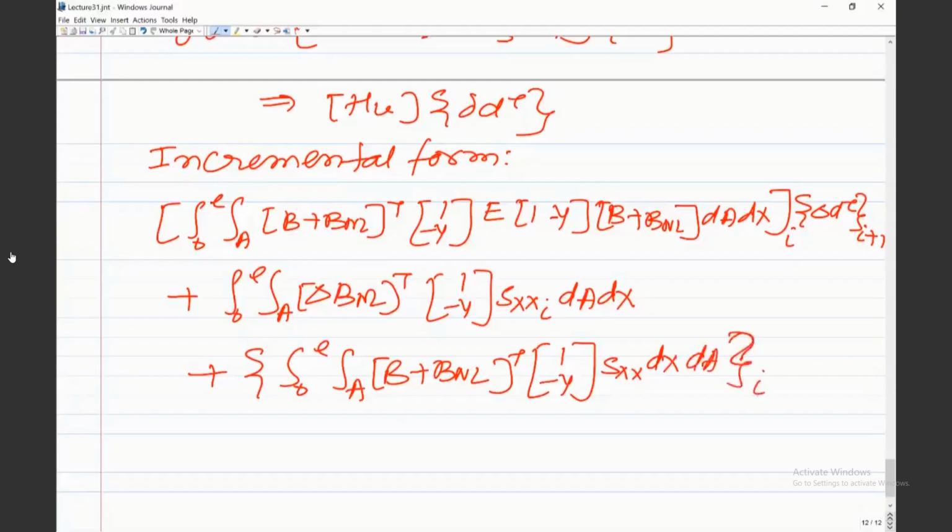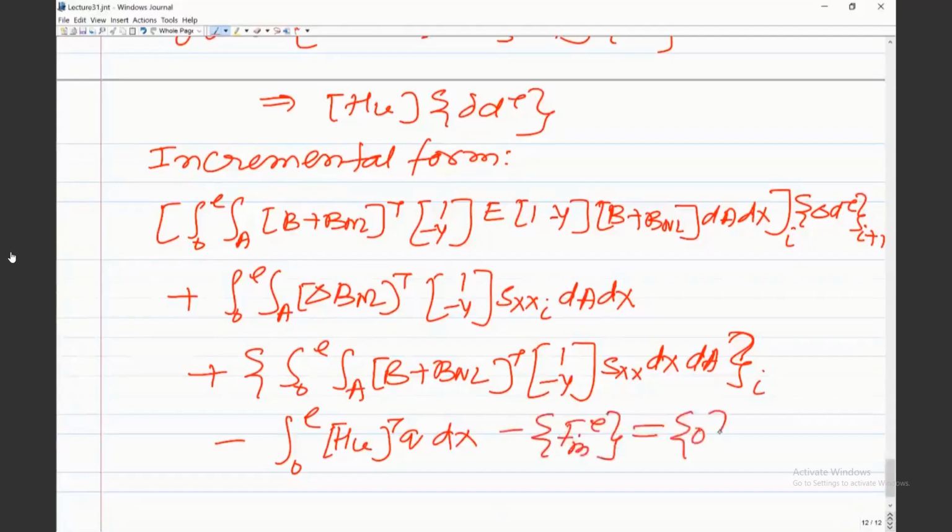This is evaluated at previous iteration, minus integration 0 to L. We will have this HB transpose Q dx, and minus we will have this internal load vector, and this is equal to a null vector. So this is the incremental form. Now what you can actually do